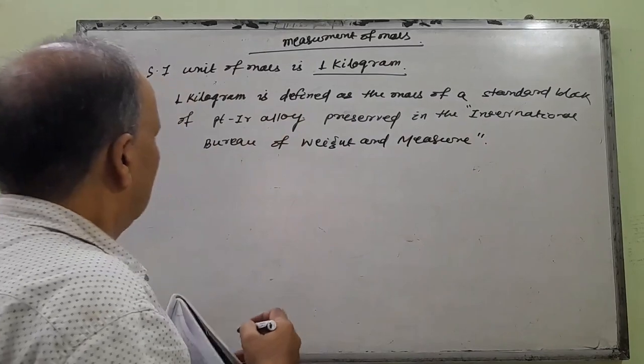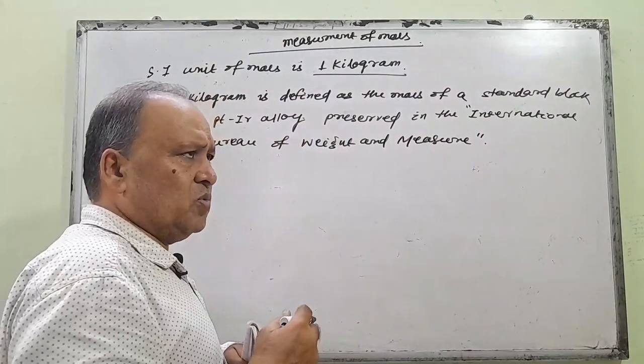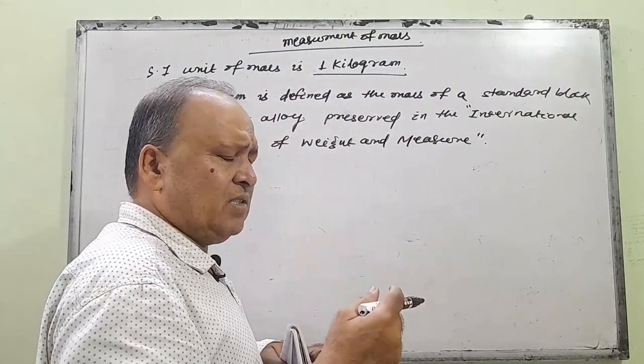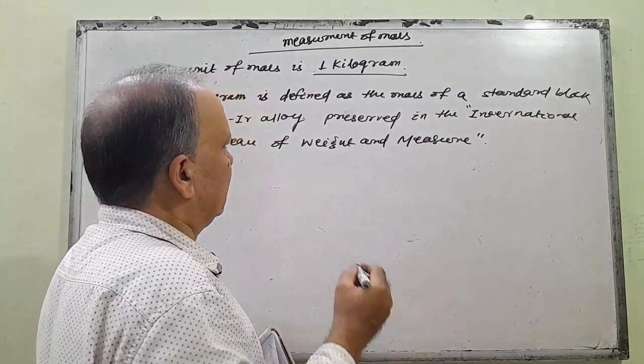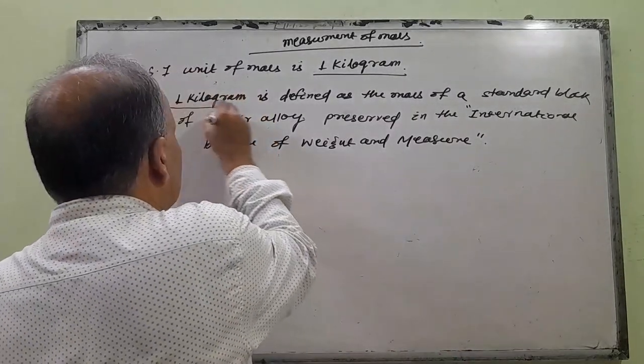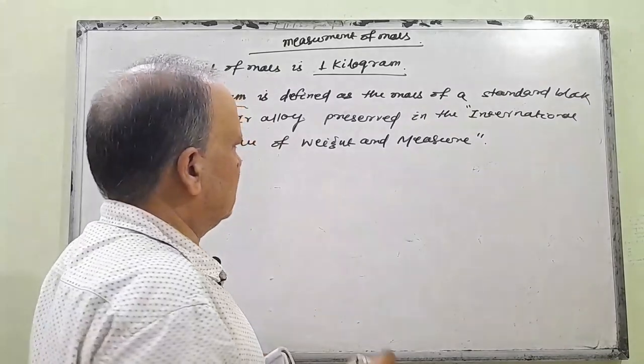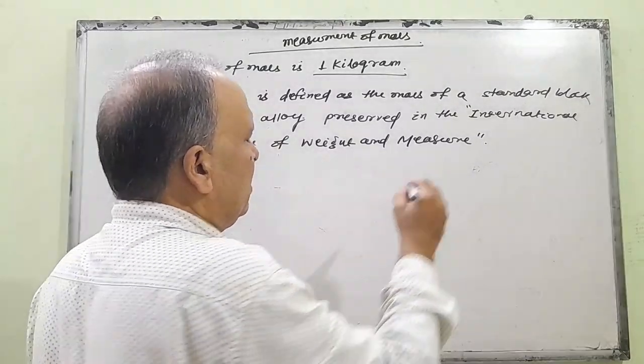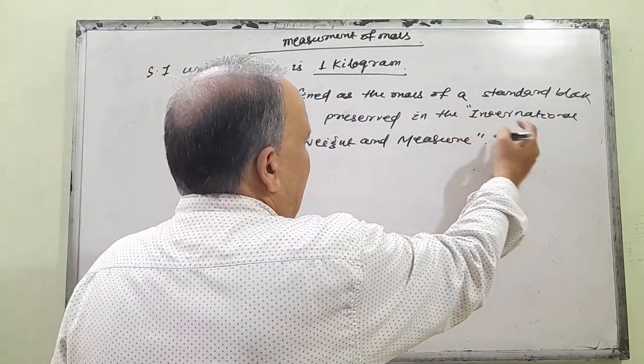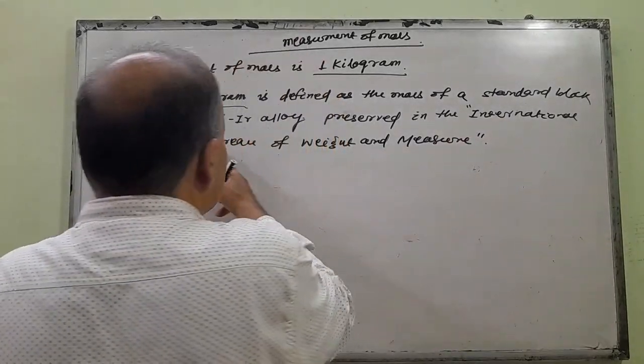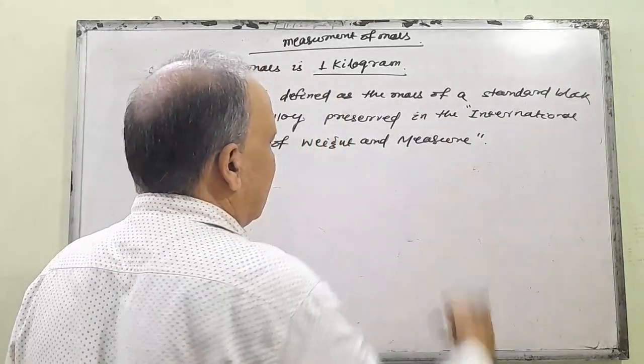You see, when mass is measured, at first it was measured by the kilogram. What is a kilogram? You see, according to the International Bureau of Weight and Measure,